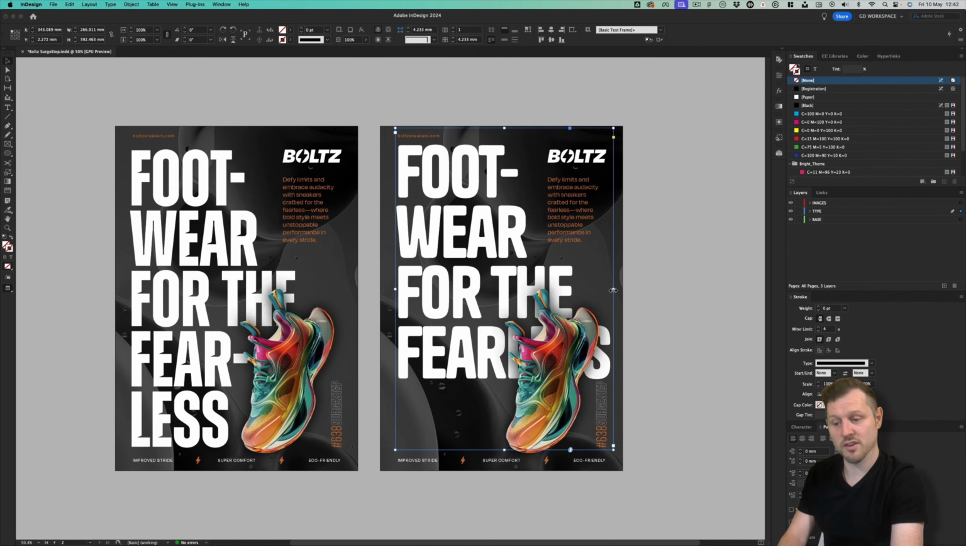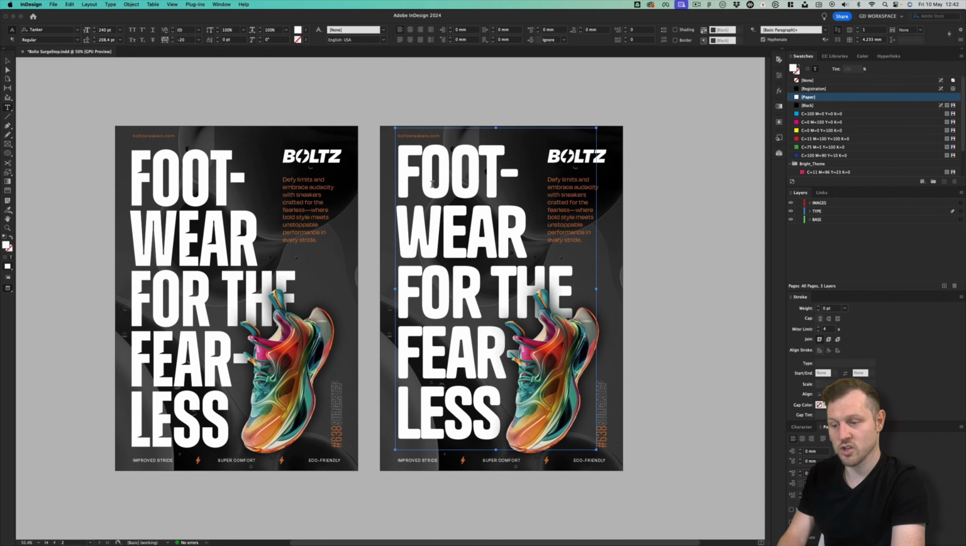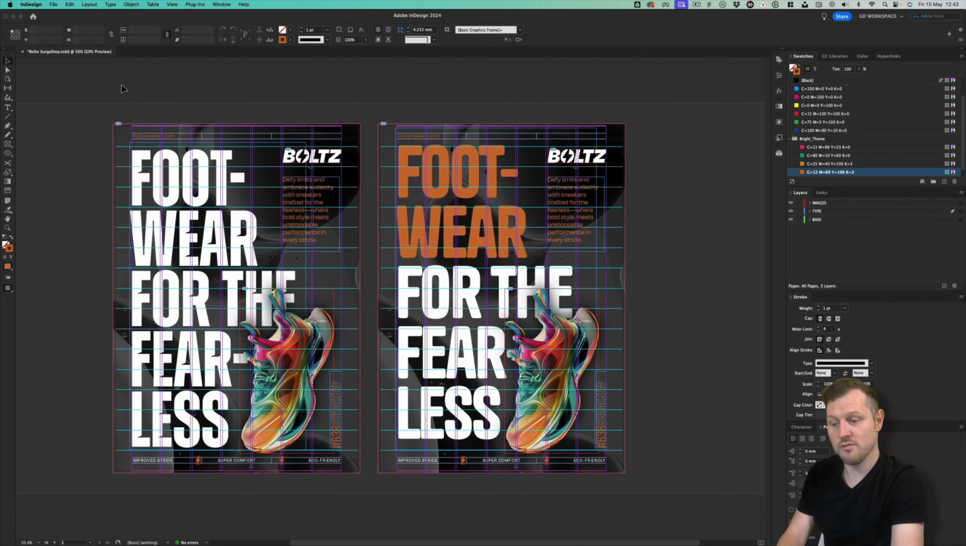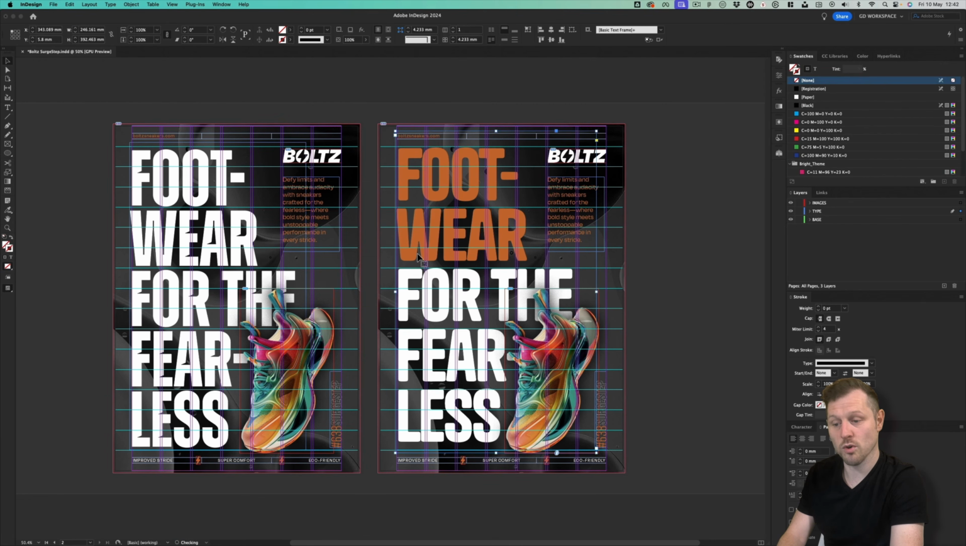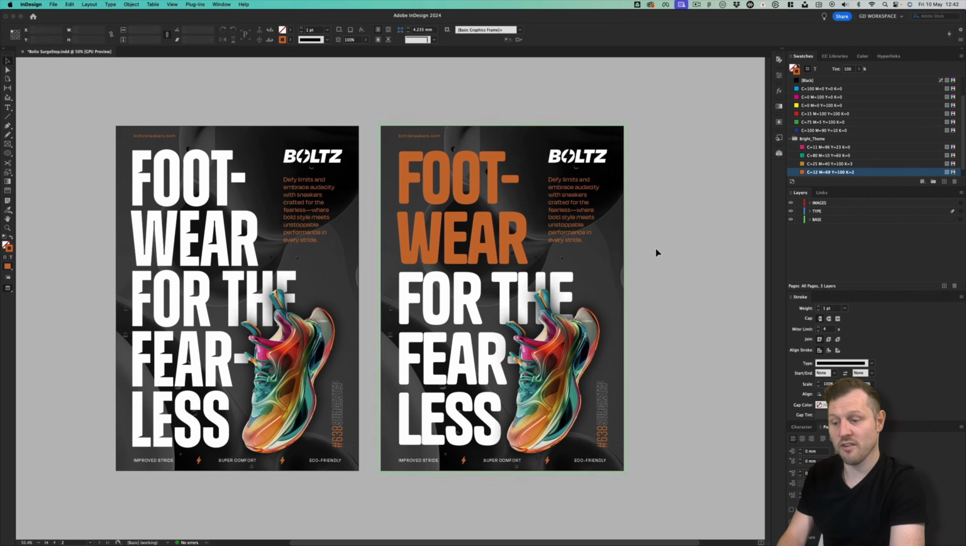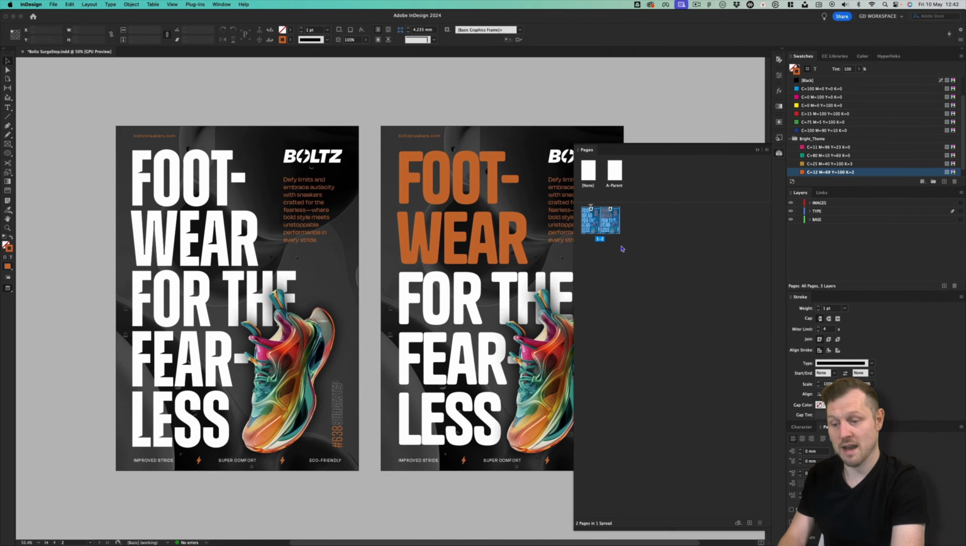So let's try something different here. So I'll click into the type, select the word footwear at the top and change this to orange. I'll click on the selection tool and click off to preview. And here we have another version with a new font and color applied to the first word to create more dynamic contrast. So while we are on the topic of looking at fonts, I'll come into the Pages panel, right